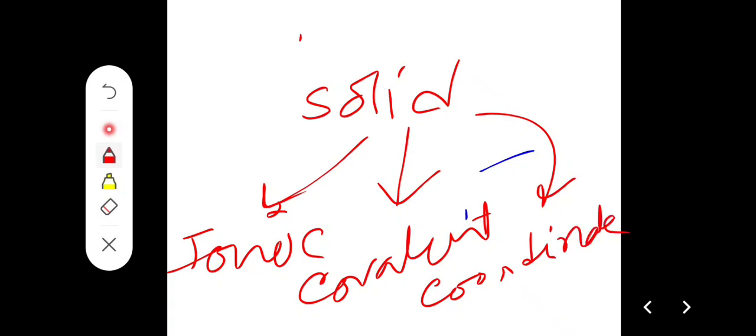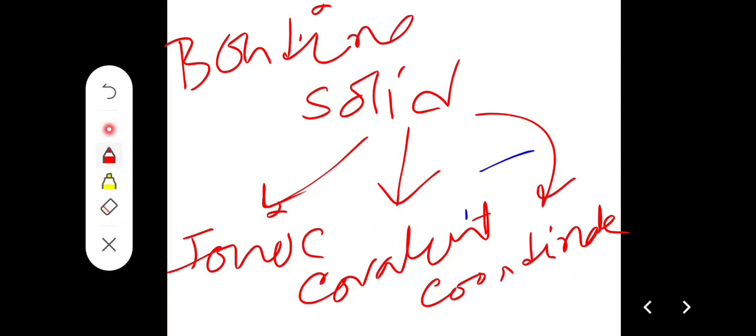Okay, ionic, covalent and coordinate in the concept of bonding, or their participation in bond formation. Okay,